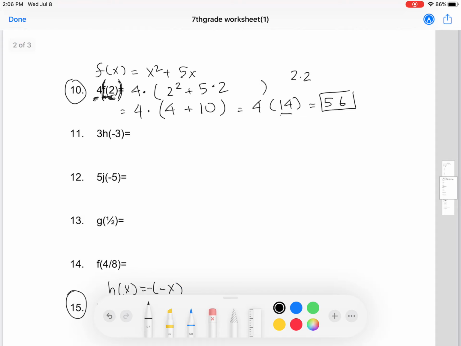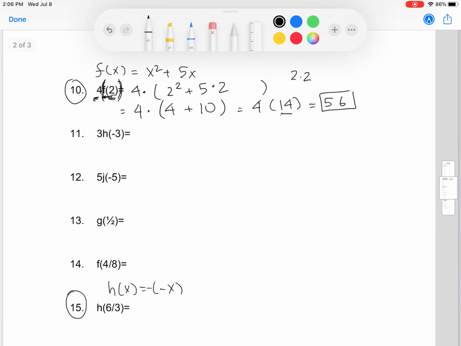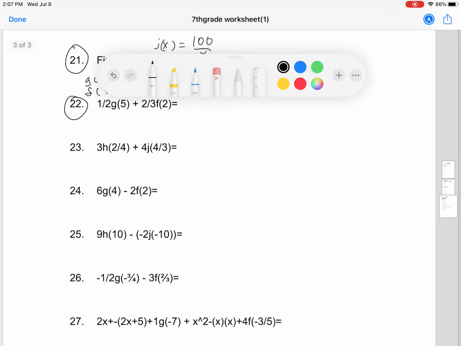Moving on. Right here. So you have the function h as your function notation. Now your function describes that it's negative of negative x, and whenever you have negative of negative, you know that it's positive. So whatever input you're going to get, it's going to be the exact same output. So in this case, this will be the same because 6 over 3 is your input. 6 over 3 will be your output. Now 6 over 3, that's just the same thing as 2. For this problem,